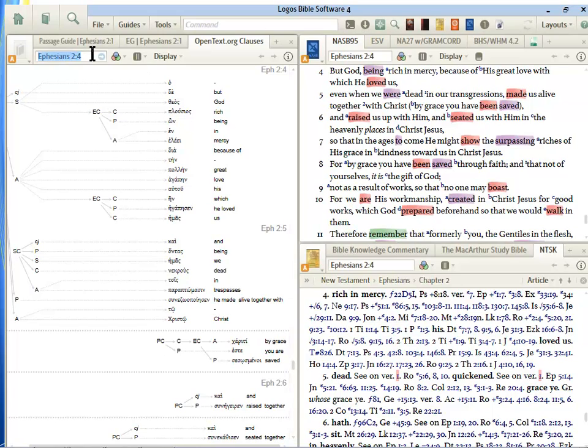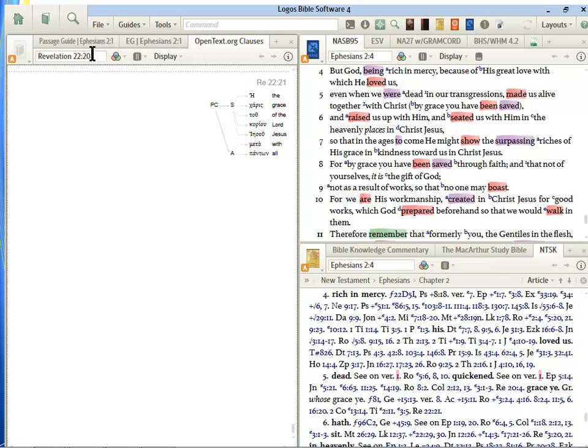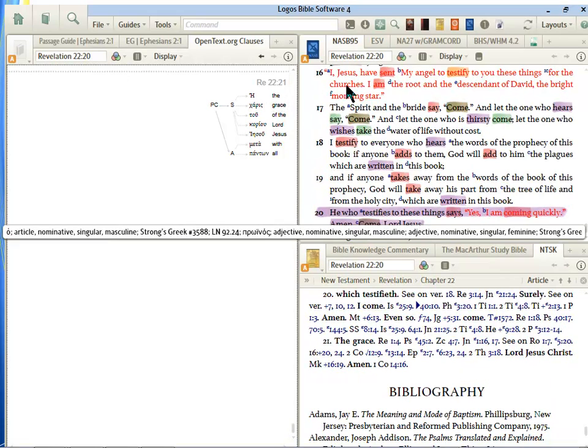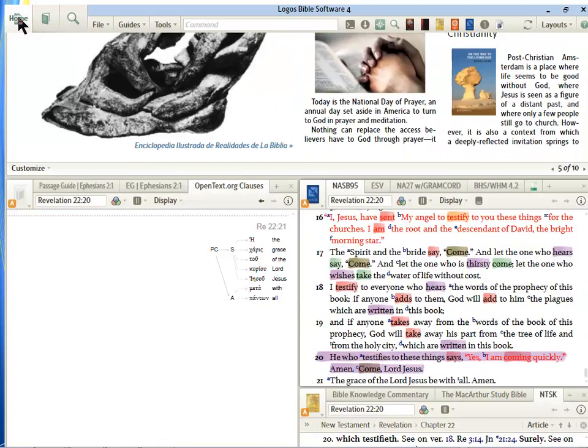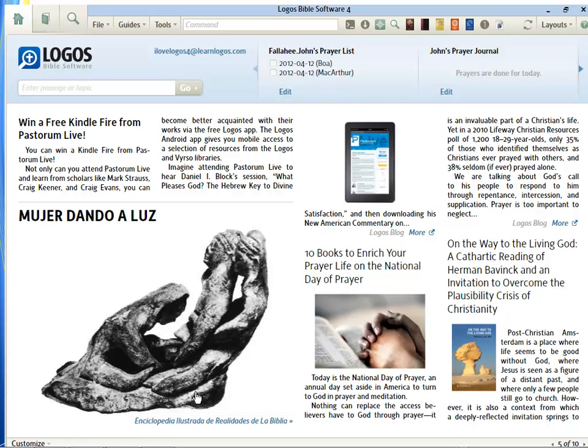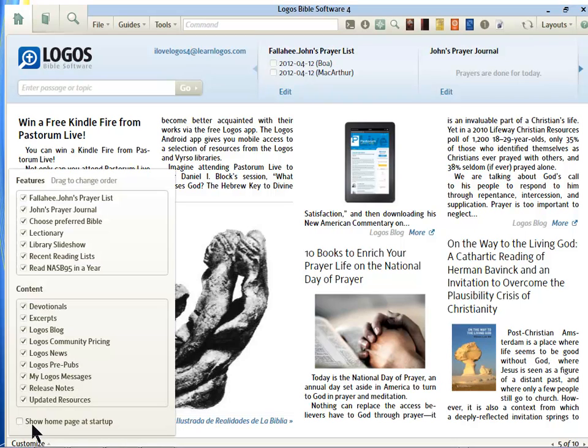And just to make things interesting, let's put in the last verse of the Bible, Revelation 22:21. And there we are. All right, so we'll go to the very last Bible verse here. The grace of our Lord Jesus be with you all. Now, let me just double check and make sure that customize is off, which it is, or the show homepage at startup